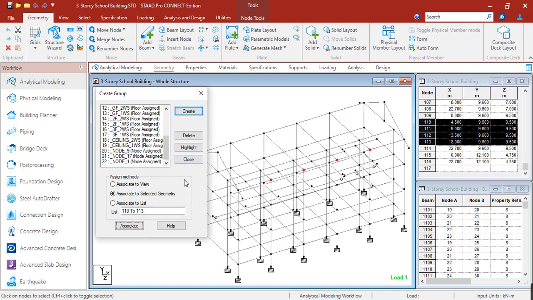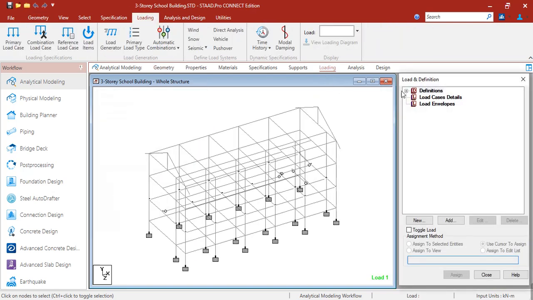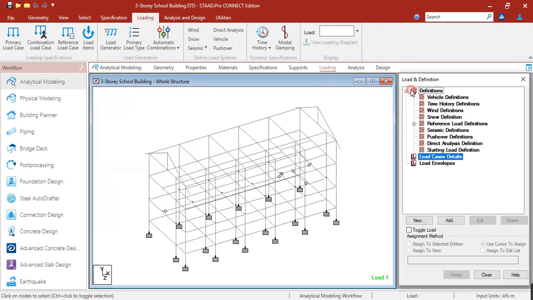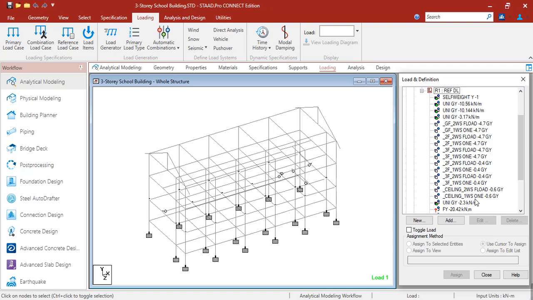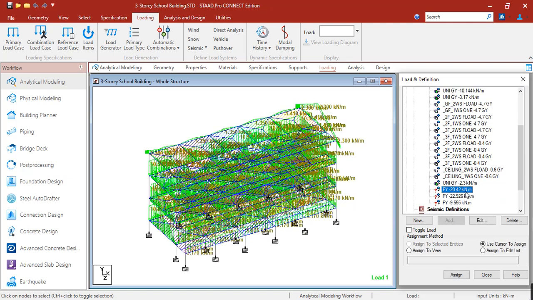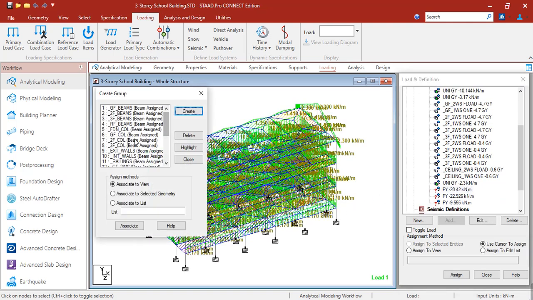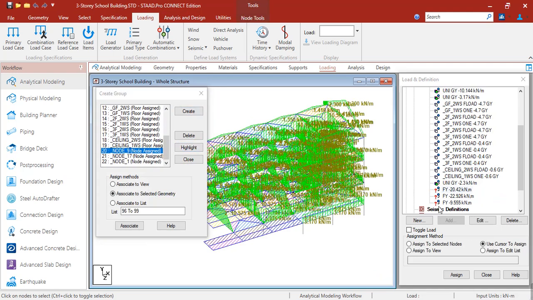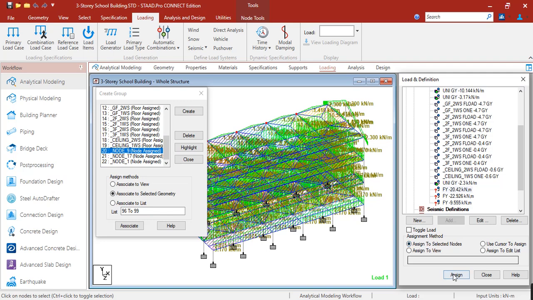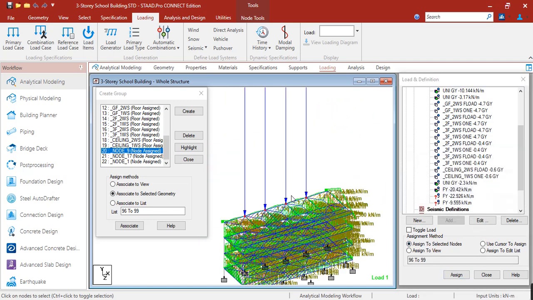So going back to our loading, under definition, reference. So now if we selected this one, this is for node 9, then Control G, then just highlight node 9, then assign to selected nodes. Okay, so this is now your load.